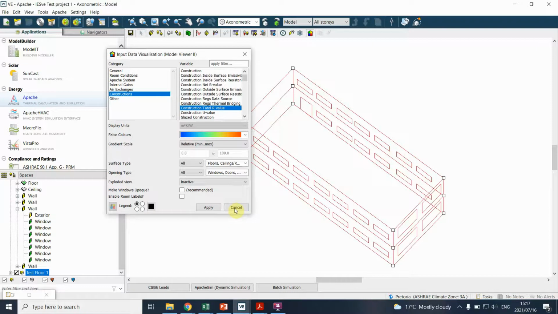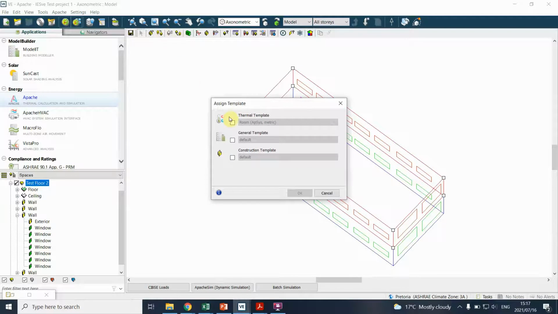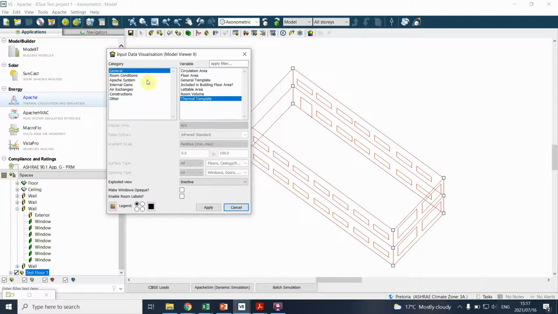We've now picked up that there's an error, which means you would want to fix it. And you go back to the template that we can define, and we say, well, that's wrong. It should be Office 1, and the construction should be the Office template. Which means if I now choose all of that, and I define it, and we say, okay, let's simply look at the thermal template,